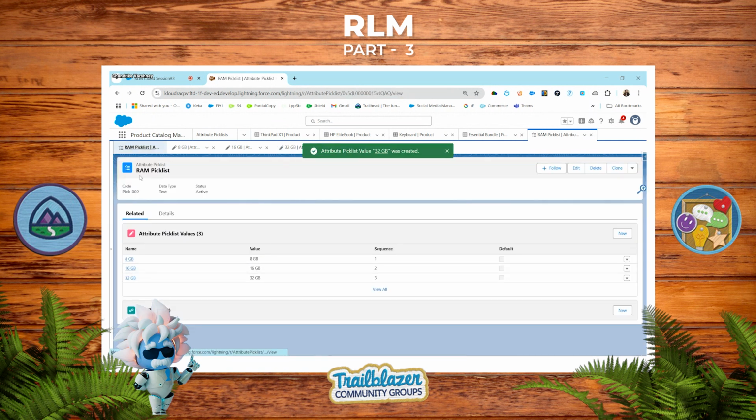So this RAM pick list value has three values: 8 GB, 16 GB, and 32 GB. Okay.